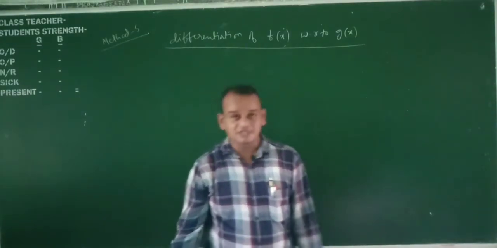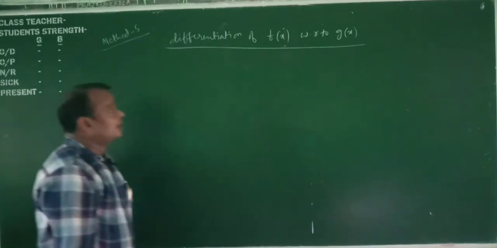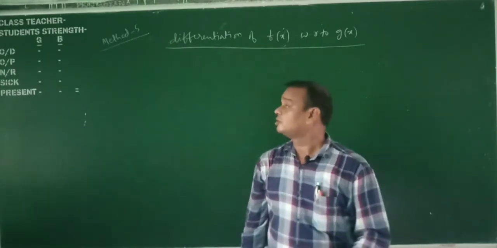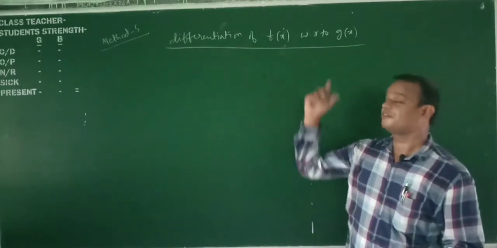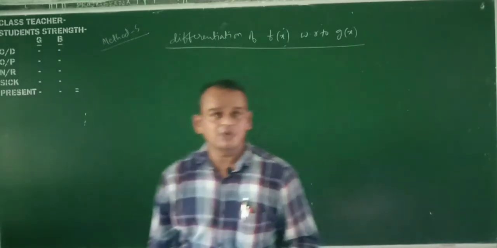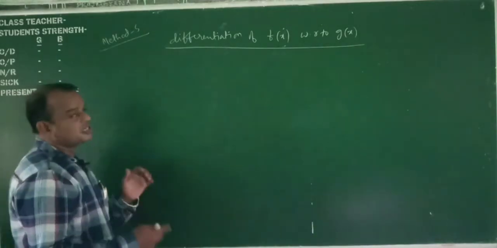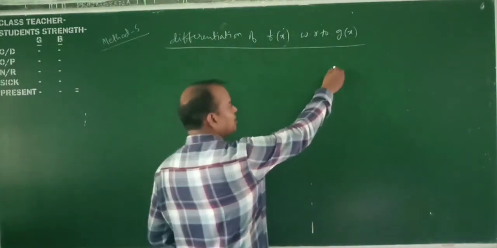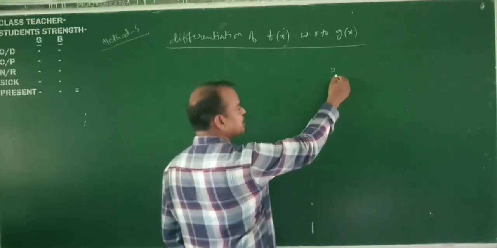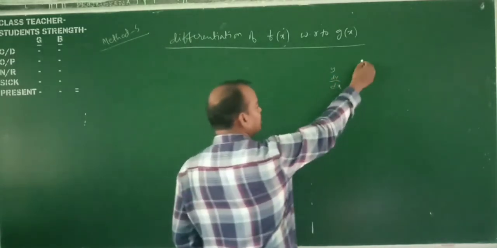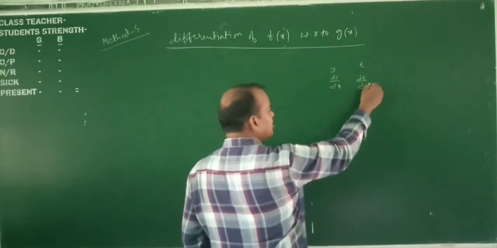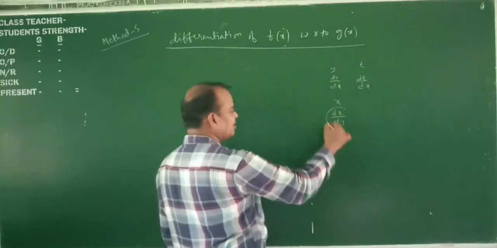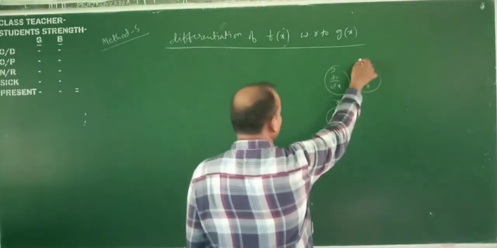Okay, good morning students. Yesterday in class we discussed the different methods of differentiation. The fourth method, parametric differentiation, is over. Now, in this class we will discuss the differentiation of one function with respect to another function. Before, we discussed the differentiation of a function with respect to x, y or t. The differentiation of y with respect to x is dy by dx. The differentiation of t with respect to x is dt by dx. If x is the function, the derivative of x with respect to y is dx by dy. These were all completed in the previous class.